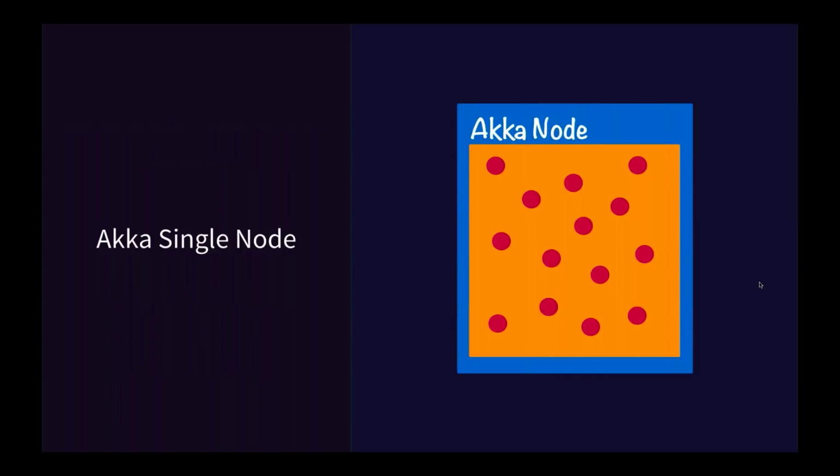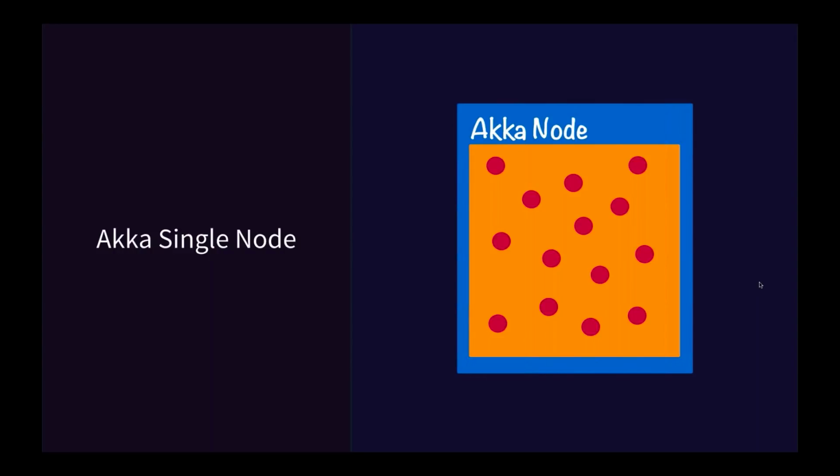So to start though, just as a quick setting of the baseline here, many of you know Akka runs in the JVM, and what we do is we start up an actor system, and then within that actor system running in a JVM, we create actors, and then those actors start chatting away with each other. They start sending each other asynchronous messages.